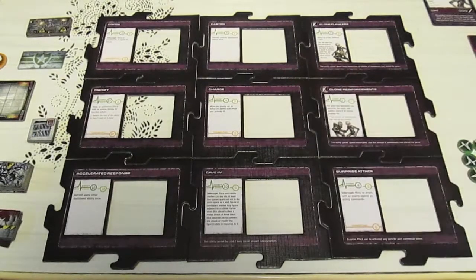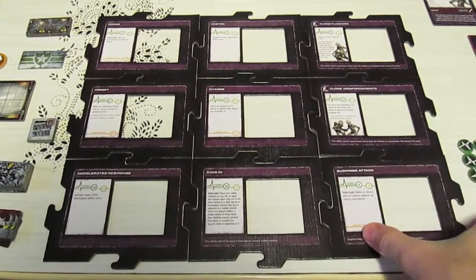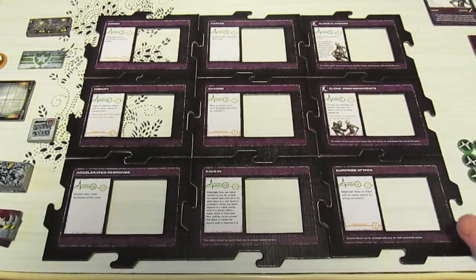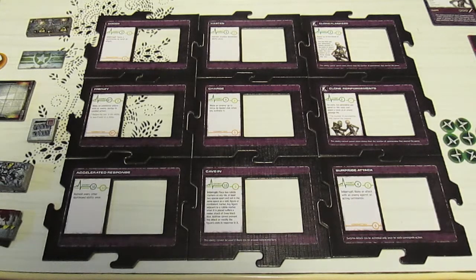So here we can see the Overseer's board, and these are all interlocking little puzzle pieces that fit together. For Mission 1, we have 9 specific actions that the Overseer can do. He has 6 adrenaline tokens in the pool that he can use. He can't really do a lot this turn because there's no spawn points on the